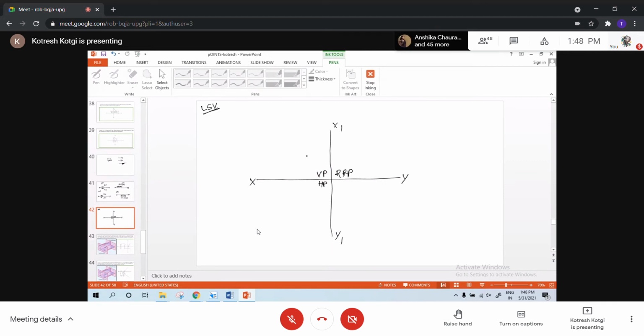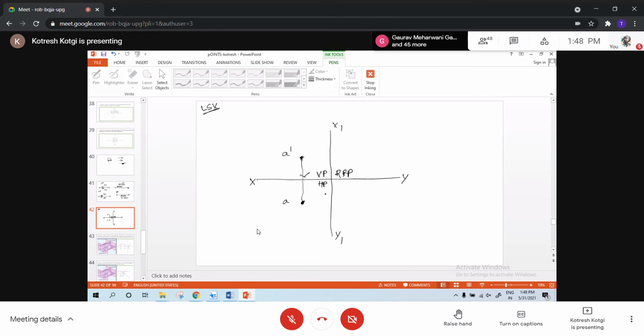Now, where will the front view come, on VP or HP? VP. Assume that this is the front view. Once you complete the front view, you will just project it to get the top view. Assume this is A dash and this is A. Forget about the dimensioning. After you see the problem, you'll read out the dimensions and start either with the front view or top view. I assume that I have started with the front view, so I got the point at exact correct dimensions, and then I projected it downwards. Now I got point A, that is the top view.